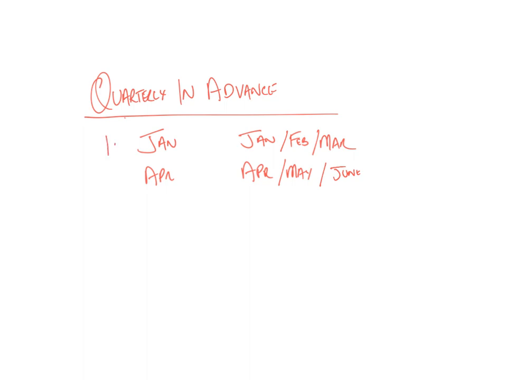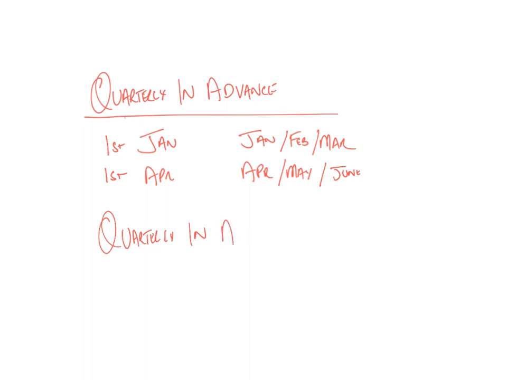So like if your year is starting in January, so in January you will pay for Jan, Feb and March. And then in April you will pay for April, May and June. In fact, this will be like 1st Jan and this will be like 1st April. An opposite thing is also